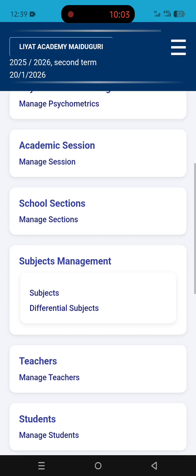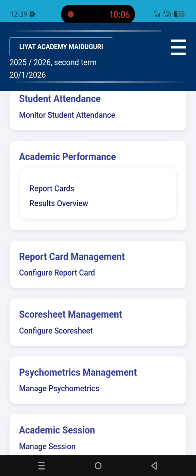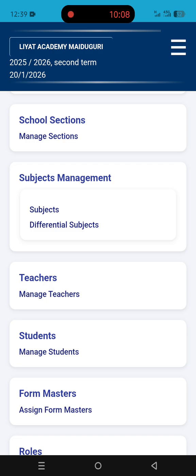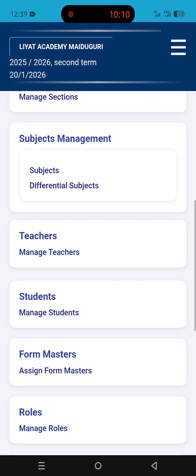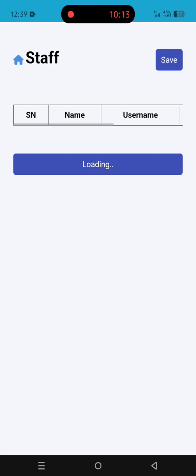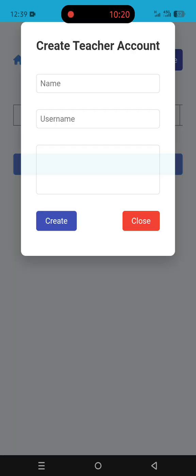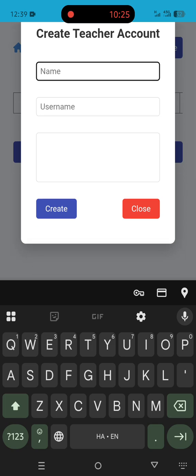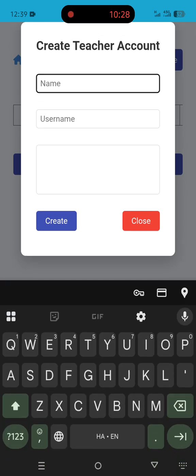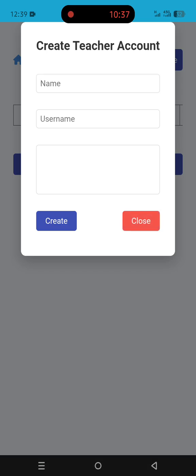Then of importance to note is the teacher management. Can you see it here? That's where you add all the users, be the user a teacher or not. That is where you will add all the teachers. But something very important I may tell you is,